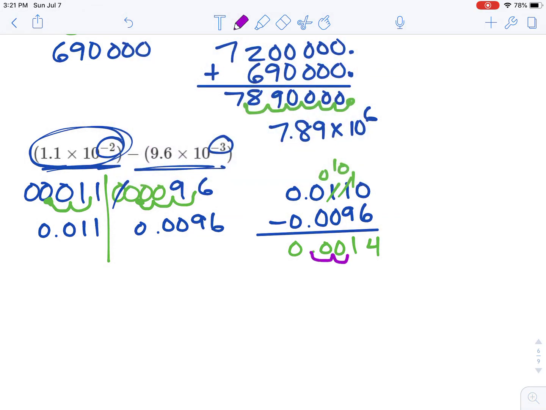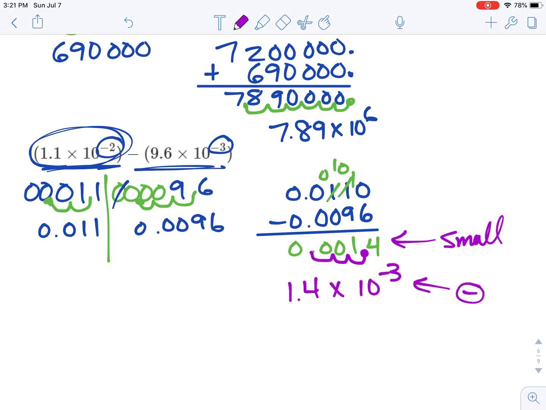Move it 1, 2, 3 times to get between 1 and 10. So 1.4 times 10 to the third. Wrong. It is a small number, and small numbers have negative exponents. So it's got to be times 10 to the negative third, not positive third. That would be a very, very big number like we saw up above. This is a very, very small number, so it's got to be a negative exponent. So that would be our answer, 1.4 times 10 to the negative